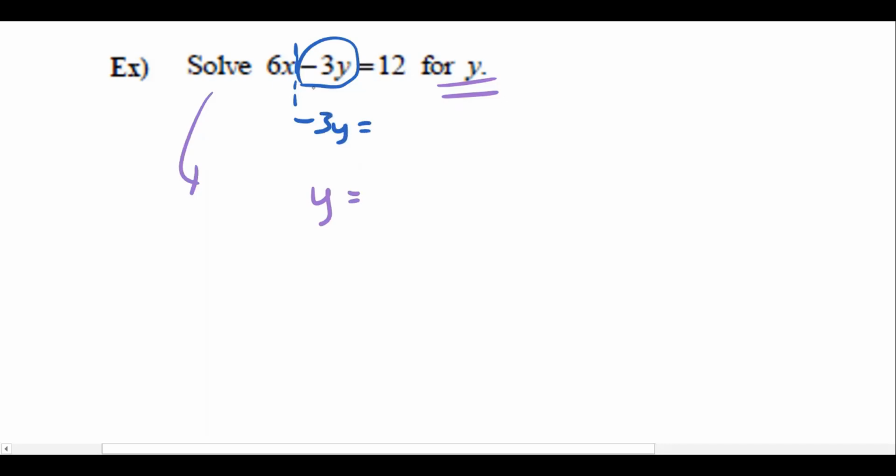So I notice I need to get rid of the 6x. So we'll attach a negative 6x term to both sides. And on the right side, I have a negative 6x and then plus 12. So the last thing I need to do to get Y by itself is to cancel this factor of negative 3. So again, I know that I need to attach the factor of negative 3 on the right side, and I need to write it under the whole expression in both terms. I need a fraction bar. So the left side will cancel with the Y, and so I end up with